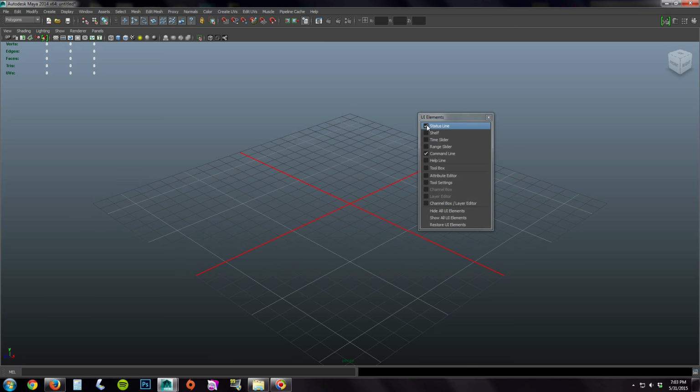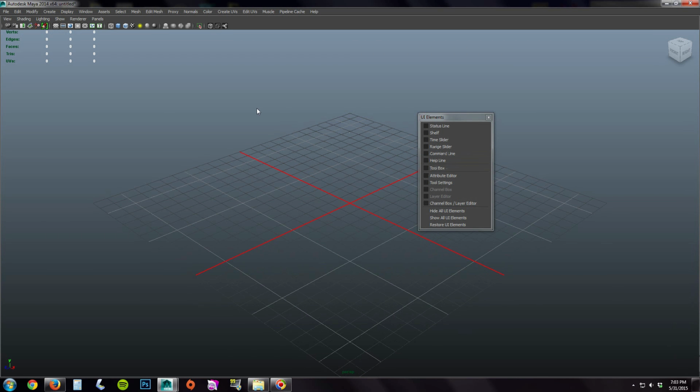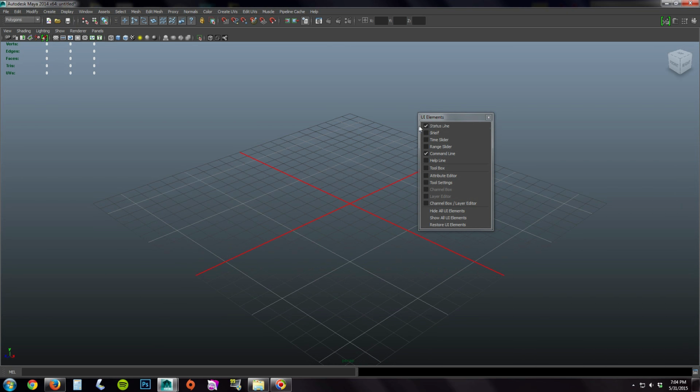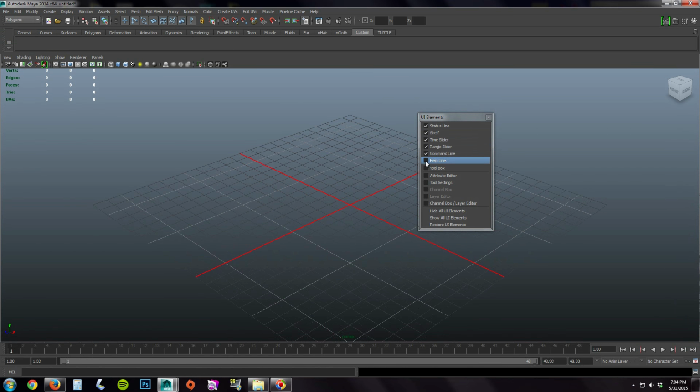Now, you can even go one step further and you can hide absolutely everything if you want, but I find that even when I'm modeling, it's sometimes easier because I will switch between a few menu sets to be able to switch through those pretty quickly. The other thing is for the command line, I do find that a lot of the time I will use some kind of Mel script code, and it is so much easier just to have that active and I can come down here and type it in rather than going through the menus to get to the script editor. So for me, I prefer to leave the status line on and the command line on when I model. Turning everything back on,